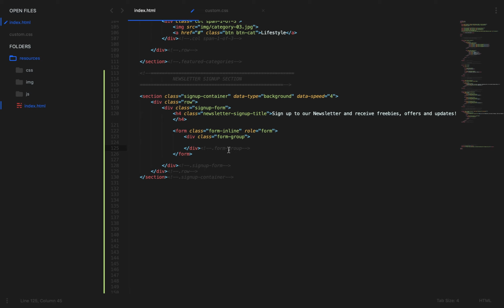Perfect. And I'm going to create another one of these. So this one is for the name and this one would be for the email. Now within that div tag, I'm first going to create a label class. So this is essentially for screen readers, in case someone wants it to say it out loud for them instead of reading it. So we give it a class of SR only, which is basically screen reader only. And then there will be another for over here,